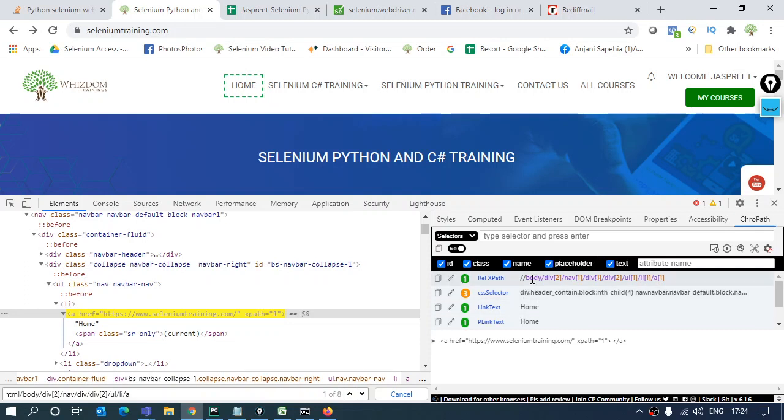One is the absolute XPath, which I'll tell you later on what that is, how it is made, and how to copy that. I'm not covering that right now. But along with that I get the text of the link. Home is written on this link, so that has come up over here, right? So this way I have the tag name. What is the tag name of this particular element? It's the A tag. Then absolute XPath is here, which is the complete XPath.